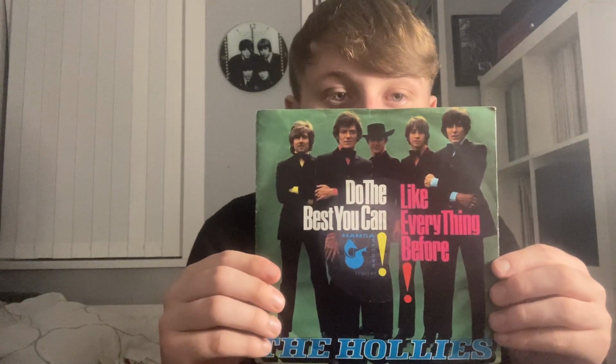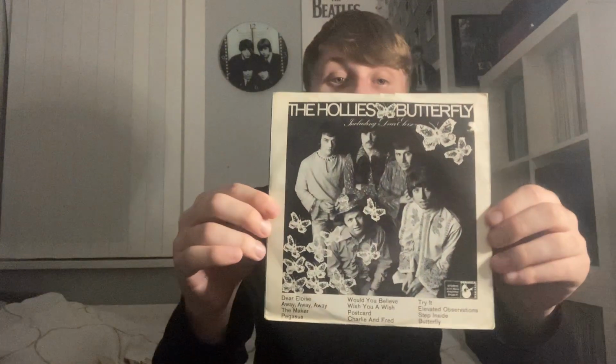Now, Do the Best You Can from Germany, backed with Like Everything Before, of course. Like Everything Before was issued in the UK, I think in the 80s, on a Rarities album, but it was released in Germany and a few other European countries. And I do like the back of this sleeve, it actually advertised the Butterfly album. And this is on the German Hansa label. That's it there. But yeah, very happy to have this because both songs, again,